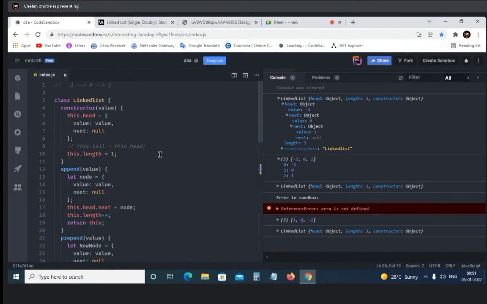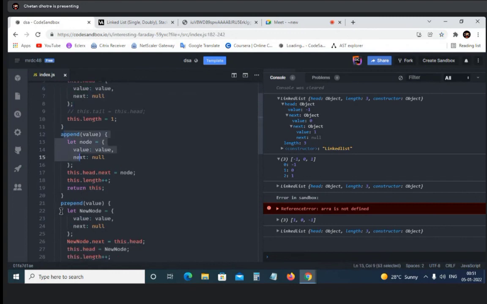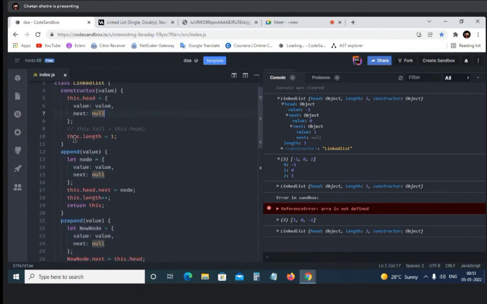Now let me just recap all this so you can understand that later. I have created a class where it has some objects. Now I have created the head object, the node object, and the new node object. I have created three objects, but don't know how to reference them to each other. So at the beginning, we use this dot tail, because we don't know what the tail is.